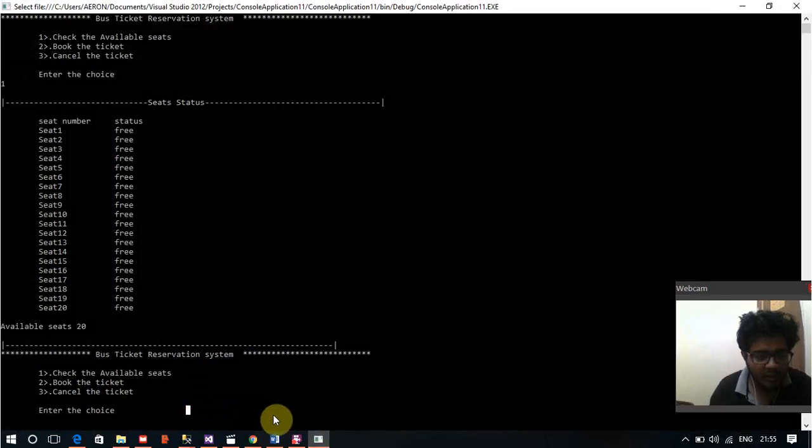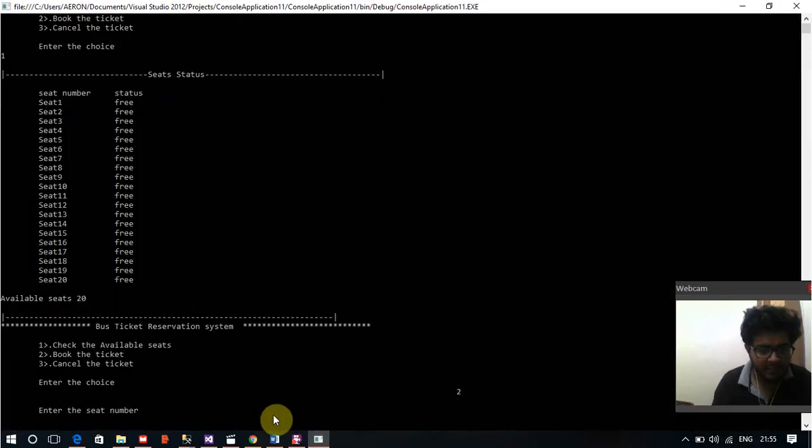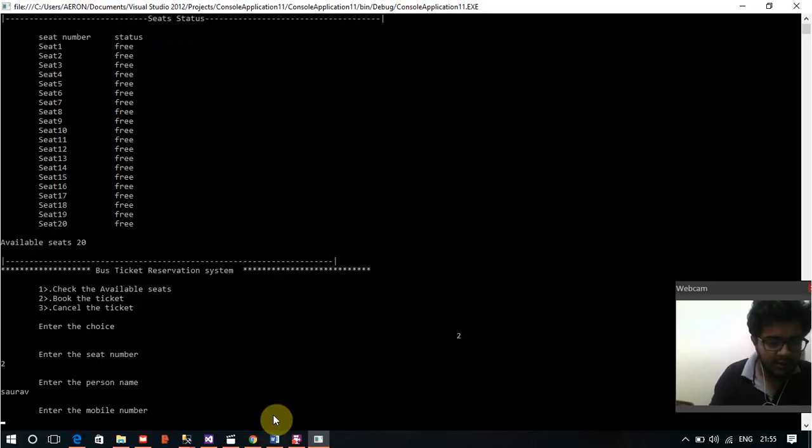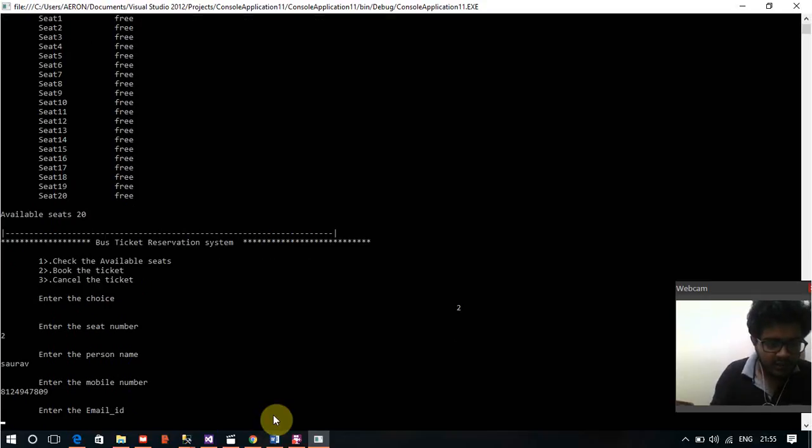Now, what I will do is I want to book a ticket. So I put 2 as input. Now enter the seat number. I want to book seat number 2. First name, Saurav, that's my name. Mobile number 8124947809. An email ID